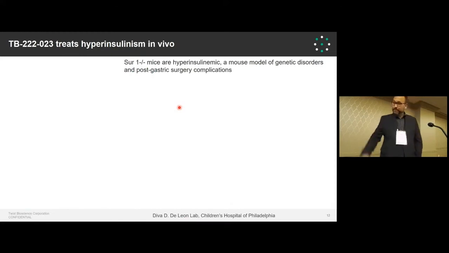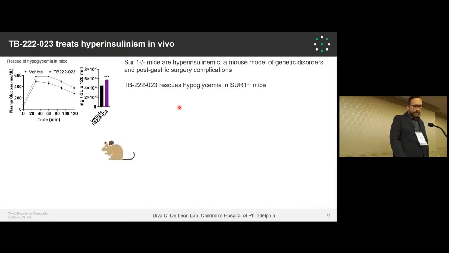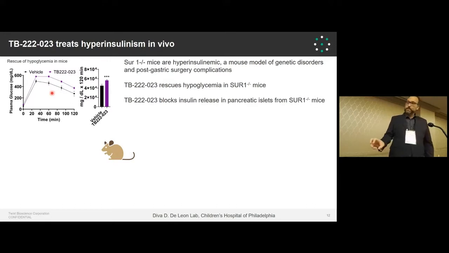With our collaborators in Philadelphia, we looked at a mouse model of hyperinsulinemia. So this is a transporter that's mutated in genetic disorders. So these mice have higher levels of insulin. You block GLP-1, you lower the insulin levels. So the first readout here is treatment with our antagonist increases plasma glucose in a glucose challenge test. And then the next step